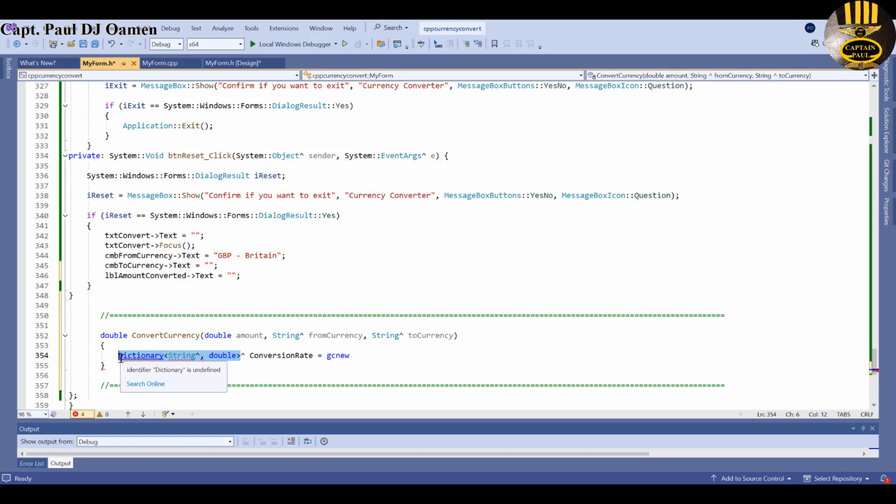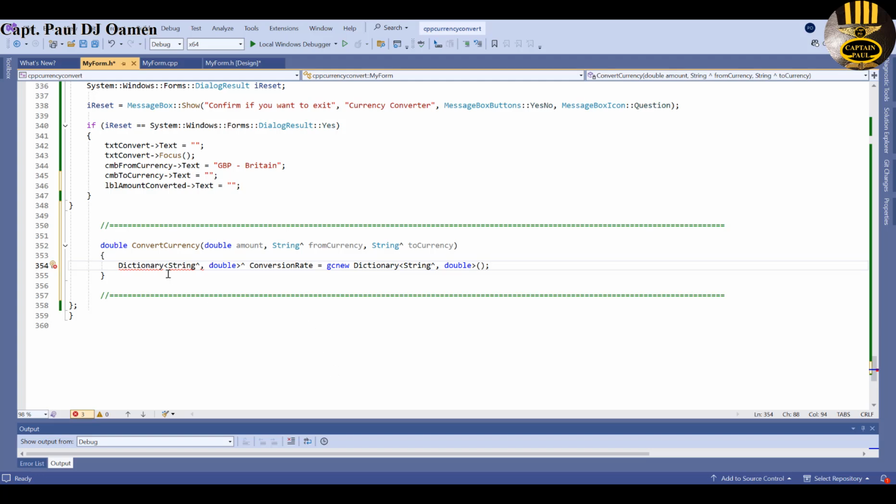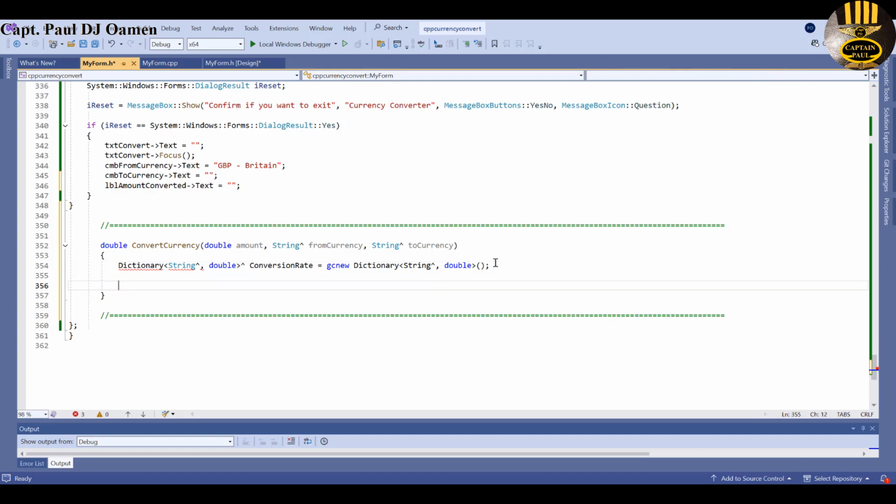And conversion rate is going to be garbage return new, and that's going to be dictionary double. Let's grab all of this, paste it here. There we go. Okay, so don't worry about the error once I started using this. So I'm going to say the currency itself now, or conversion rates. Now let's add, we're going to be converting in there. Conversion rates dot add,